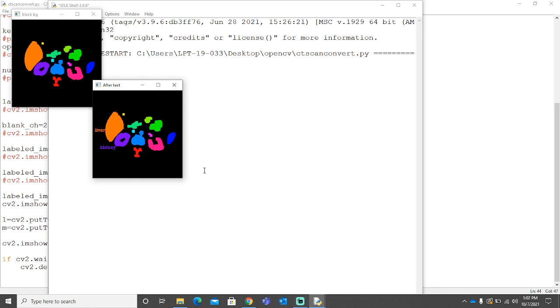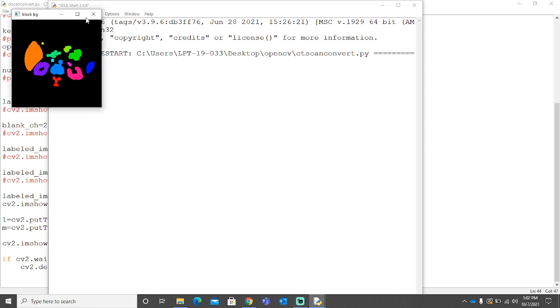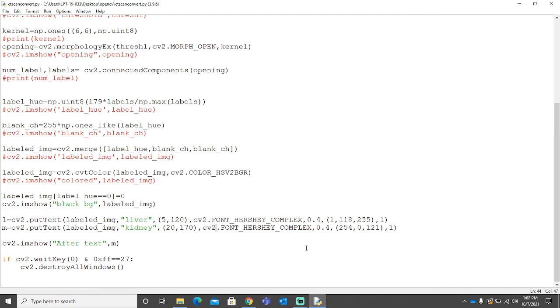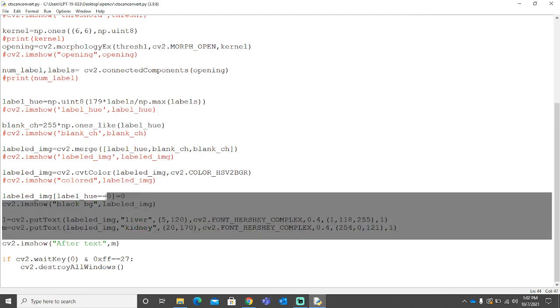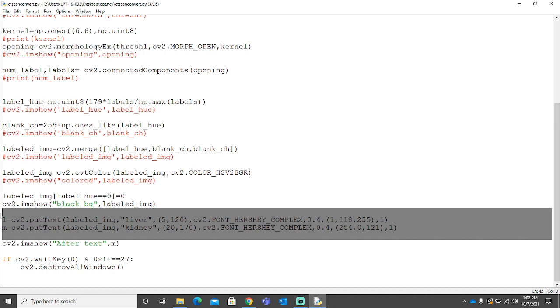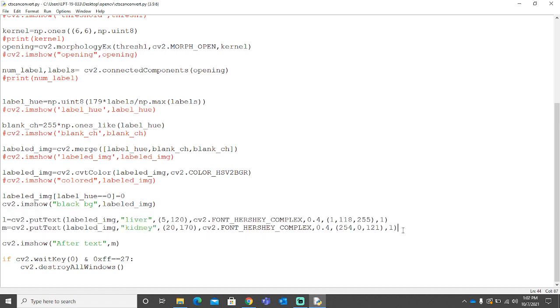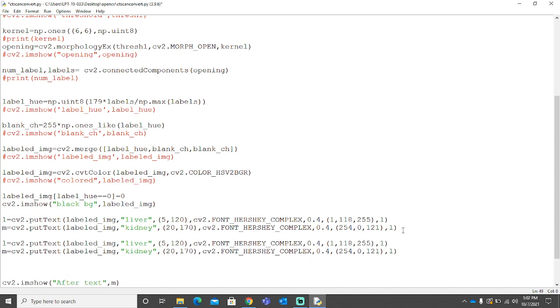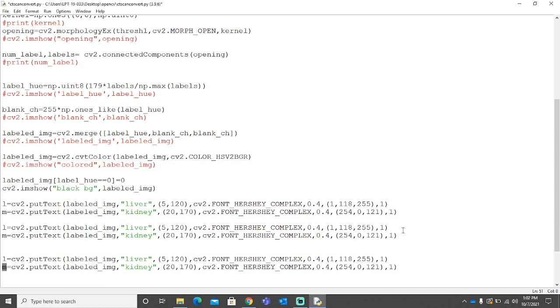Okay, that went on the perfect place unexpectedly, and we can do the same thing for all the others, till P, because we have 5 parts here, 5 body parts, 5 organs. Let's do it for all of them.